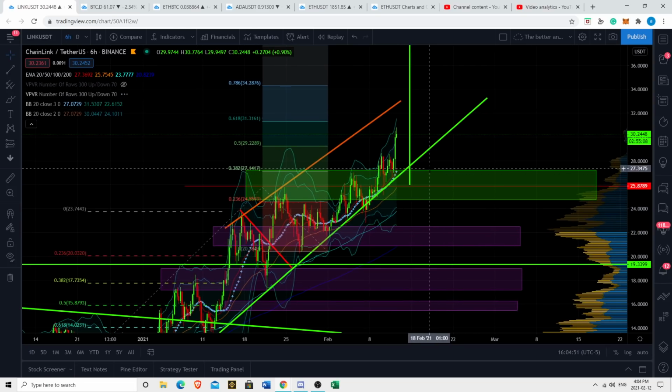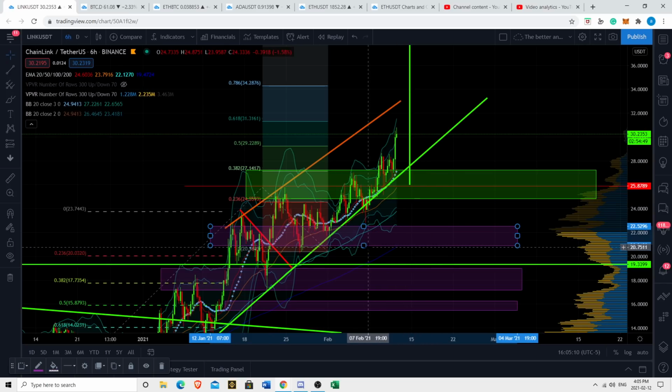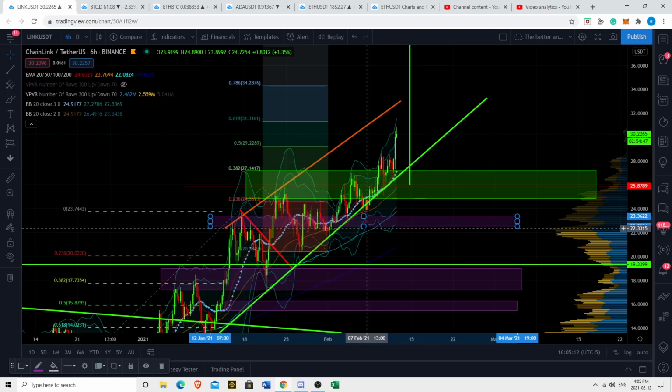I can even make this more clear. I think if we fall from $27.30 to $25, I'd say that's where I would be looking to accumulate Chainlink. If we fall below that, I think we're very likely to fall to, I'd say, 23.15 to 22. If we start to break below this level, I think Chainlink is no longer short-term bullish because